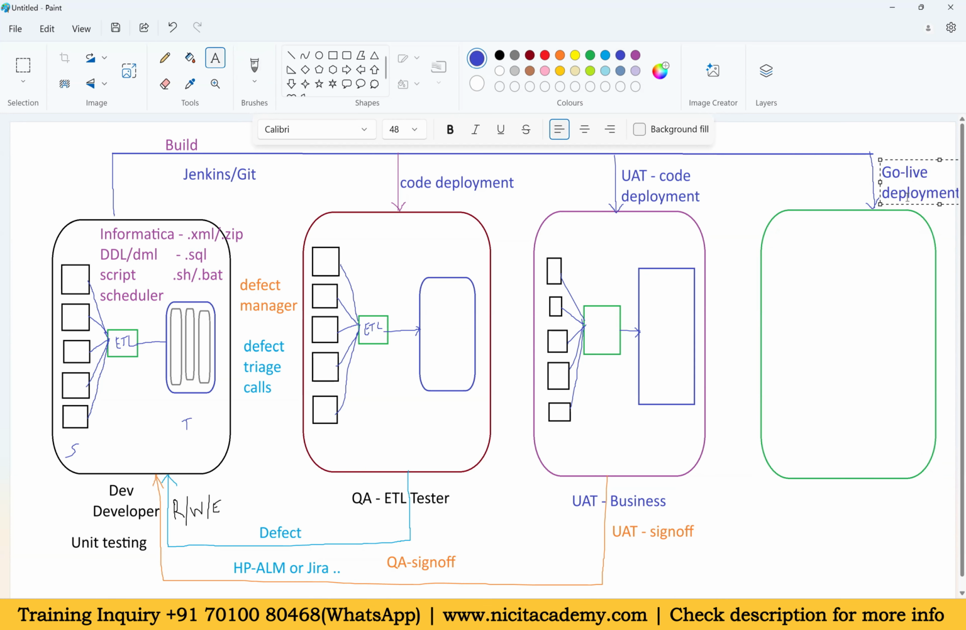For this, we have the approval teams in between. That team is called the CAB team. CAB is nothing but change advisory board. Whatever change request we created, we have to tell this change advisory board: this is the change I did, and these are the impact analyses I have done,